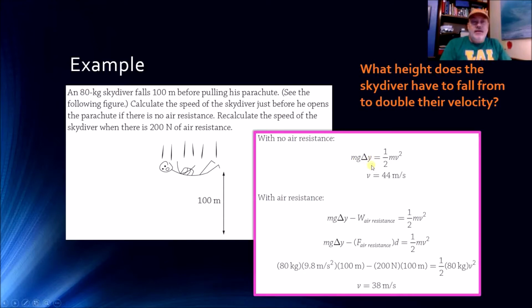Notice that the height is proportional to v squared. So if you want to double the velocity, that's 2 squared. You need 4 times the height to get to twice the velocity. Now, if you have air resistance, it's even worse. If you have this part that's subtracted off, you'd have to actually go even higher in order to double